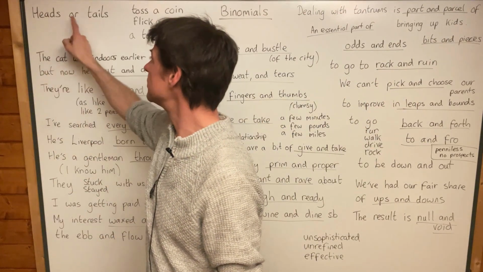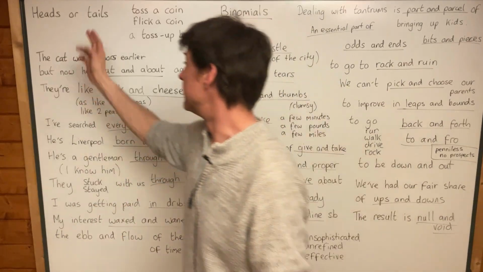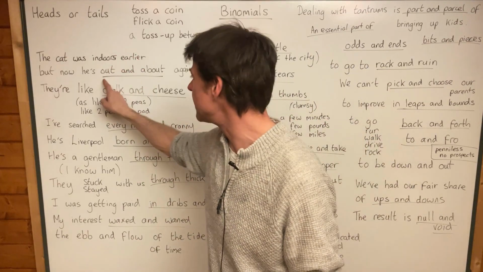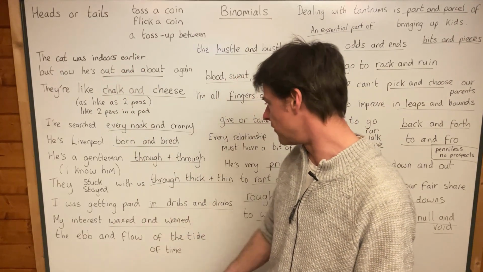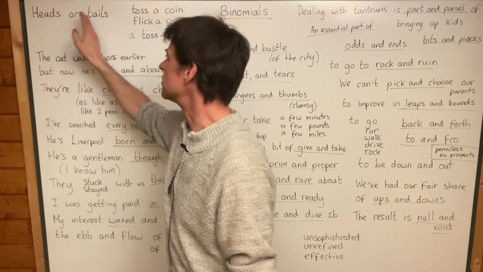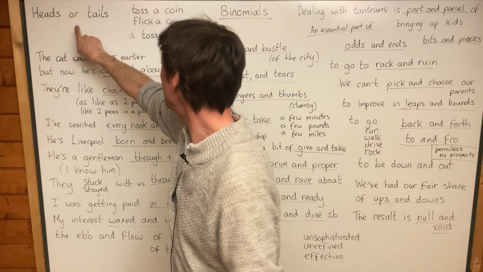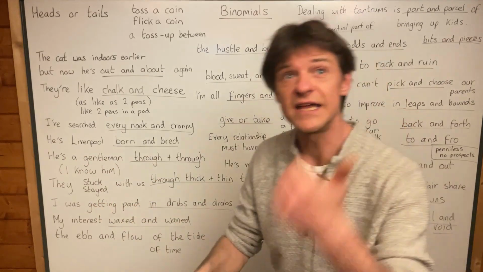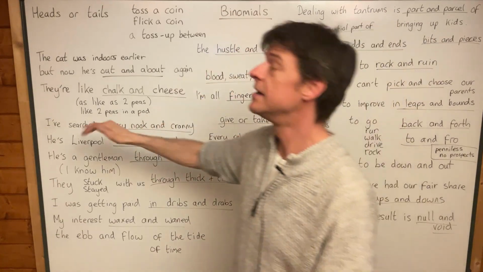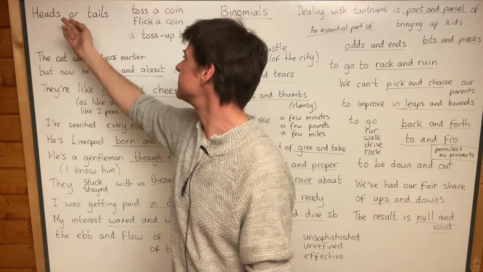Now here it's noun, conjunction, noun, and I suppose maybe that's one of the most common forms of a binomial, but it's not by any means the only one, because we have preposition, conjunction, preposition quite often. So it's not just noun, conjunction, noun. It might be preposition, conjunction, preposition, and the middle word isn't always a conjunction. If you say day after day, year after year, time after time, I would call that a binomial, and actually it's noun, preposition, noun. So it doesn't have to be a conjunction, but it usually is.